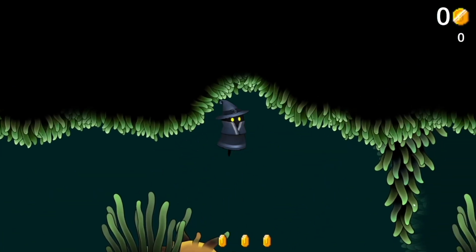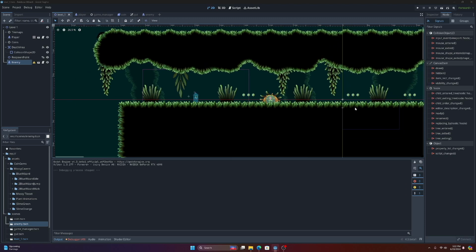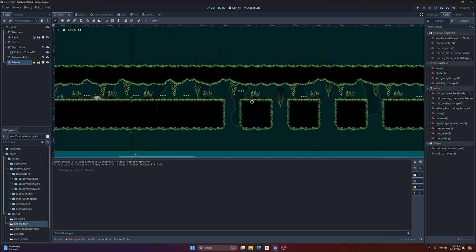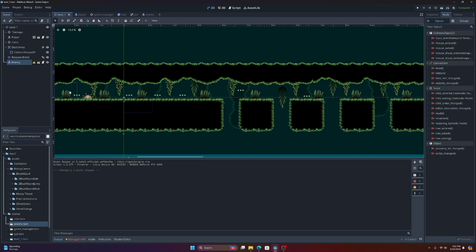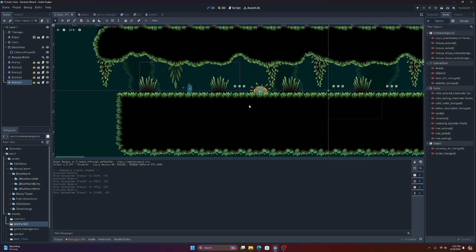All right, so let's build a platformer in Godot. Okay, so we have an enemy in our level, but we can't kill him or do anything to him. So let's start off. Let's just add a couple more of these guys in here. Okay, so we've got some enemies in our level now that we can try to kill, but we need some